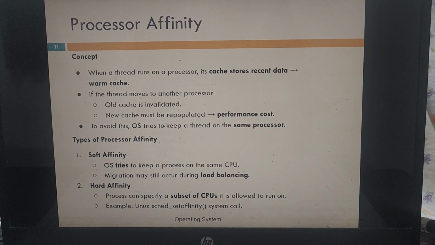Some entity is picking up a process from the queue and assigning it to a CPU. We also know when a process is assigned to a CPU, that CPU will take up the data corresponding to this process. From the process control block, it will take that data, it will start writing whatever. We also know from our knowledge of computer organization that whenever your CPU uses or accesses some data from the